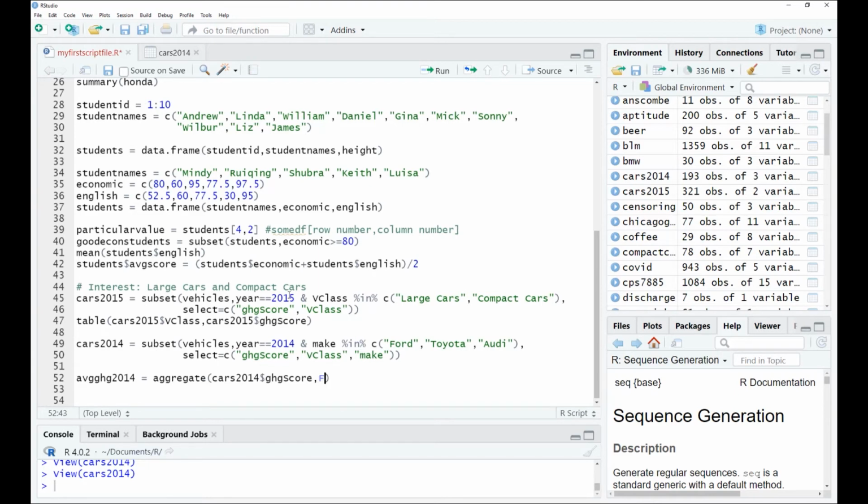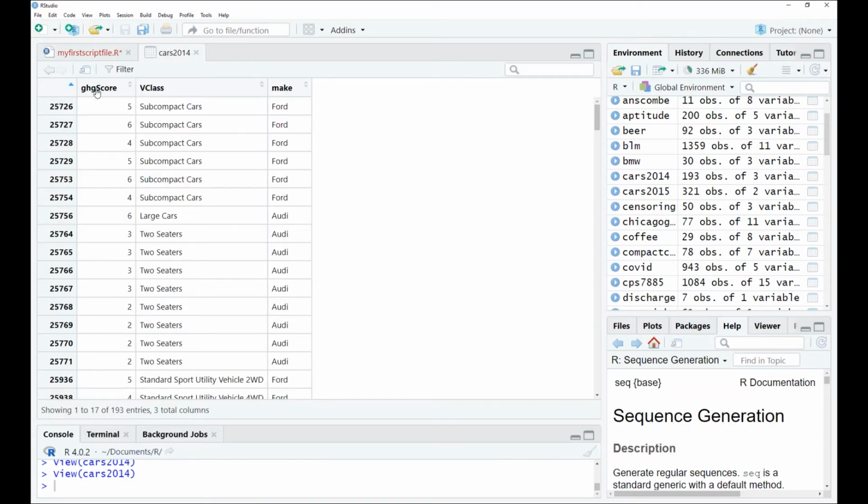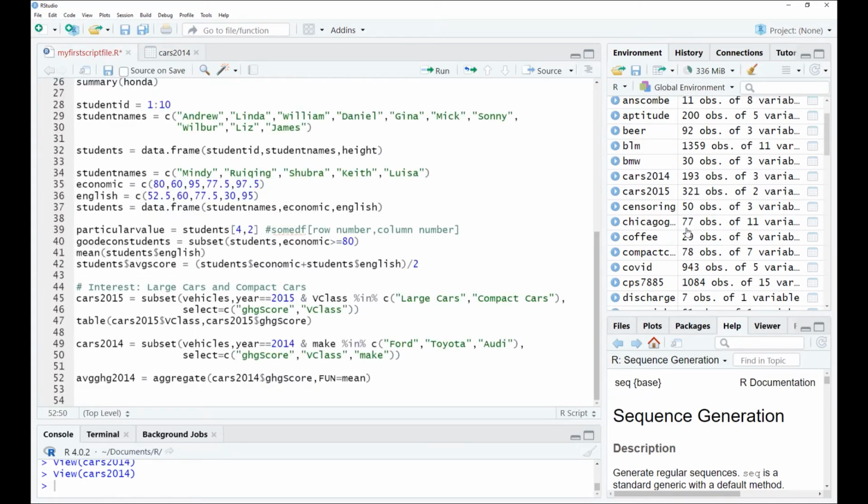So then you have to specify the function. Okay, so here you want to have the mean of the GHG scores, and then you have to specify the categories or the groups. Here you have to say by, and then you have to enter what is called a list, and it would be the Cars 2014, the V class, comma, and actually let's just have a look. If you just execute this function,